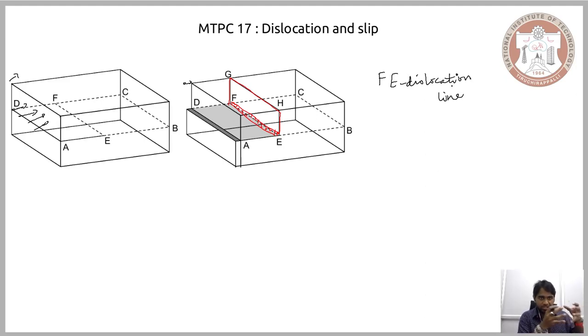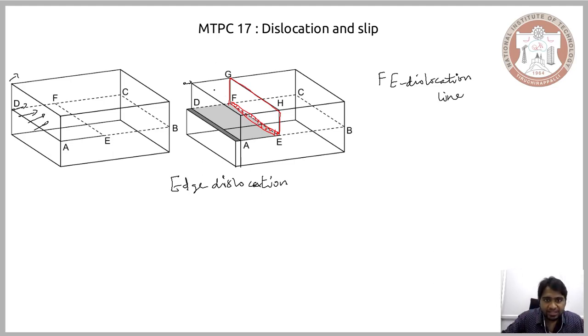So by imposing a stress, you have created an extra layer of atoms and you have moved the corners of the solid material, and the extra layer of atoms is now at the EFGH region, and the extra layer of atoms is found above the line EF, and that is the dislocation line. Now since we are talking in terms of the extra layer of atoms, we are considering a dislocation line above which the extra layer of atoms is present. Essentially what we are talking about is the edge dislocation in a three-dimensional or macroscopic scale. We are talking about a pure edge dislocation in the macroscopic scale.